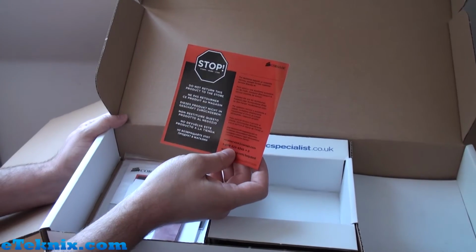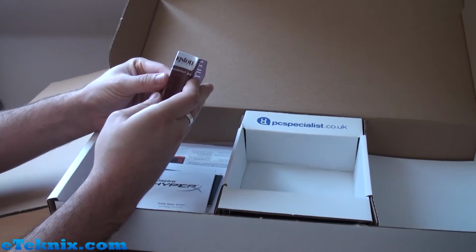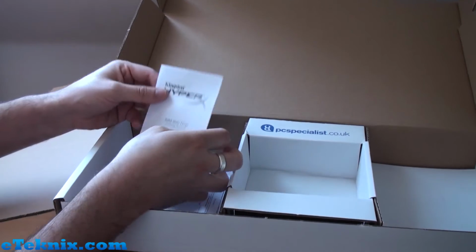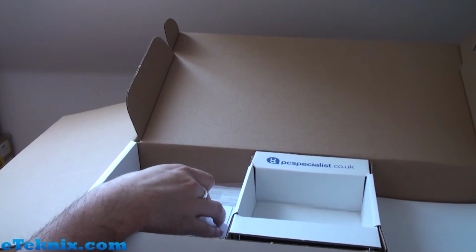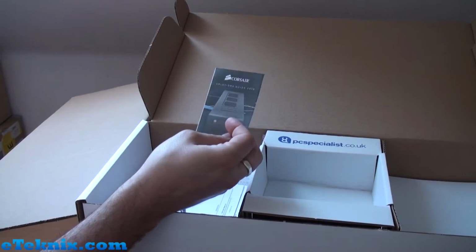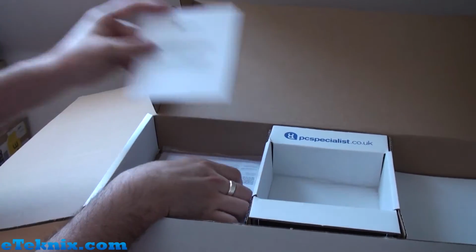A little warning bit from Corsair, that comes from the H40. Memory wise, I'm guessing there's Kingston memory in it, because here's the little installation and warranty guide that you get for Kingston memory, HyperX. Then we've got the Kingston HyperX solid state drive getting started, so straight away we know there's going to be a Kingston solid state drive. Corsair Solutions Guide, this just really talks about, it's basically marketing material for Corsair, talks about some of the other products that they've got. Corsair Warranty Guide,